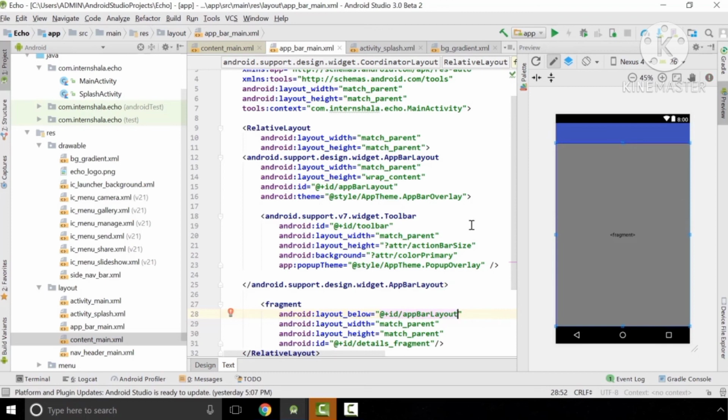That is it for this video. In the next video, we'll actually move on to code our content screen and the navigation drawer screen, and also we are going